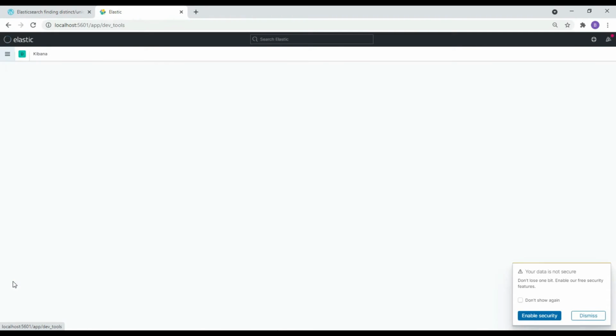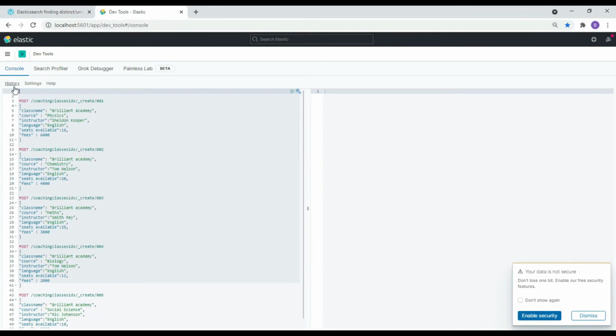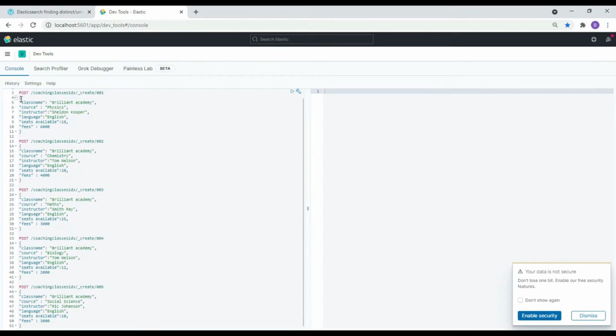Go to DevTools. So this is our previous session data. Okay, so I think we already have inserted these 5 records into the database. So let's verify it.